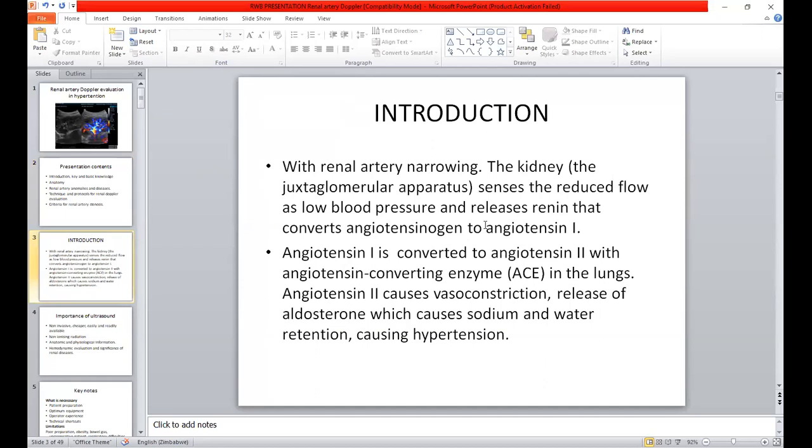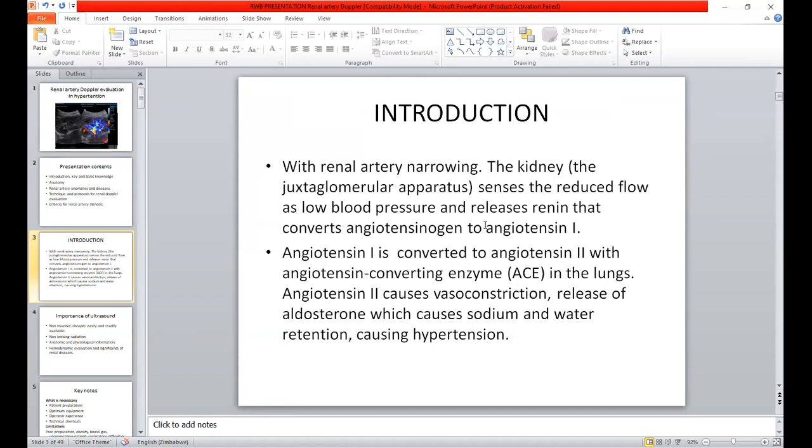Okay, so with hypertension, it usually results from the narrowing of the renal arteries. What happens with the renal artery narrowing is the kidney wrongly senses this as a reduced flow to the kidneys, and it wrongly senses it using the juxtamedullary apparatus as if there is low blood pressure in the whole body. So because of the reduced flow to the kidneys, it will release renin that will convert angiotensinogen to angiotensin